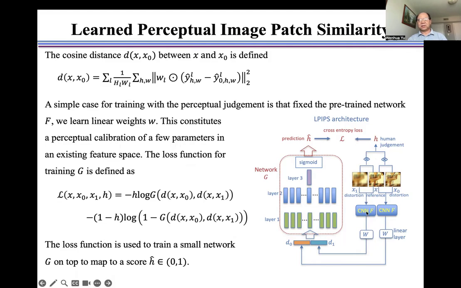And then we use the convolutional neural network F to generate d0 and d1. Then we use network G to predict h caret. Then we use this cross entropy loss to train the model to minimize the difference between h and h caret. The loss function for training G is defined as here. The loss function is used to train a small network G on top to map to a score